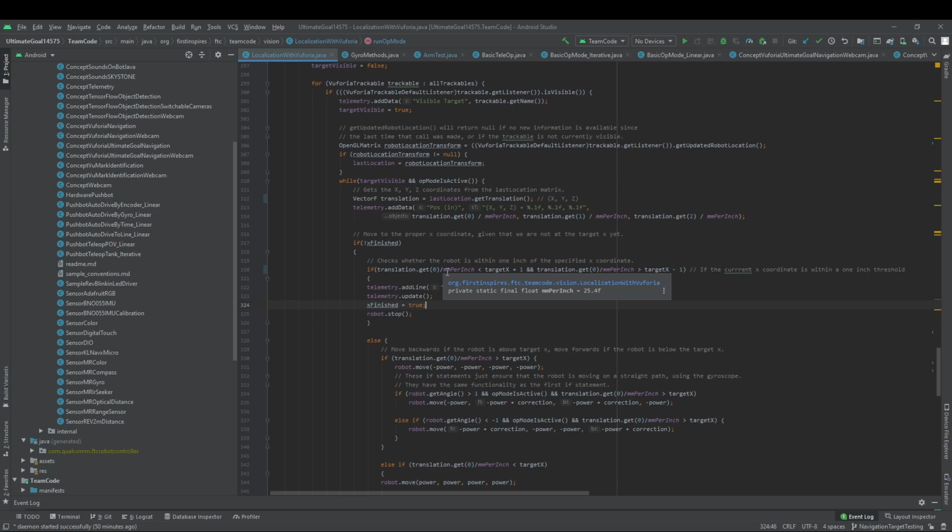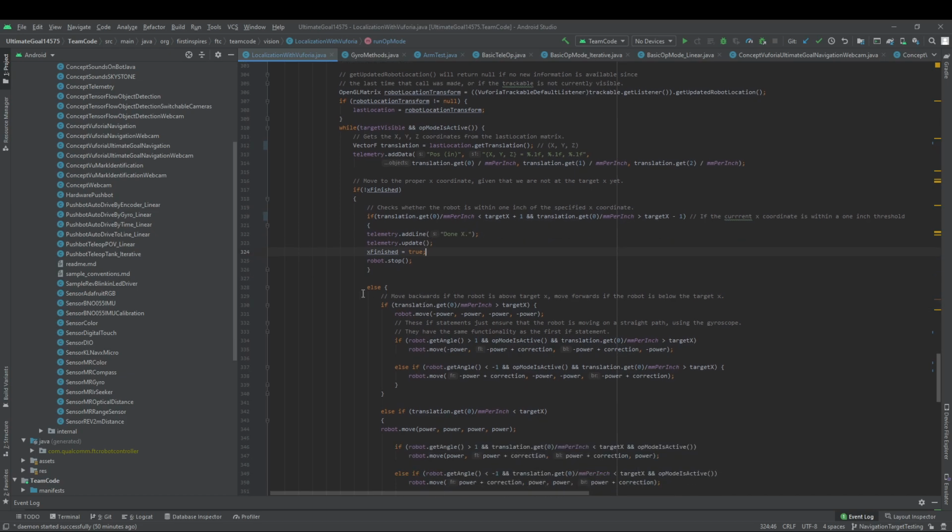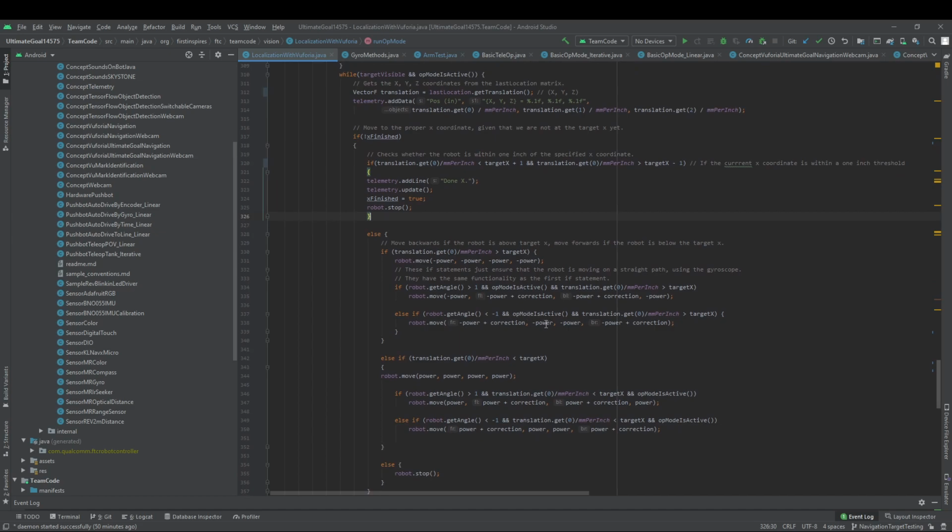So we want to have this sort of leeway of 1 inch, to make sure that the program will actually exit this loop or finish the x coordinate. So basically, we're checking if the robot is within 1 inch of the x coordinate, and if it's not, then we're going to check if